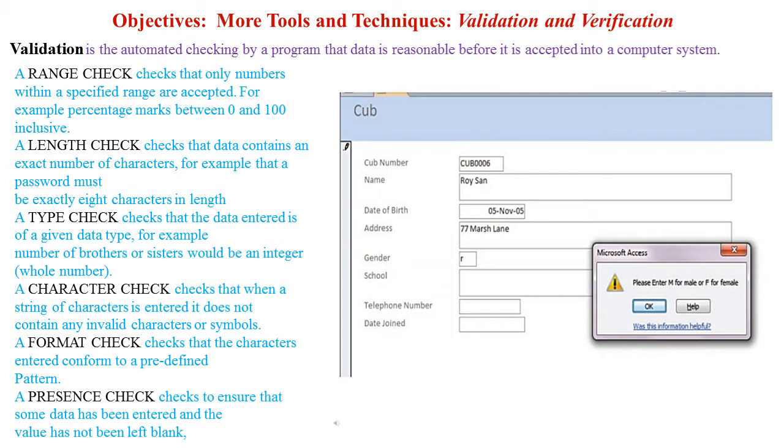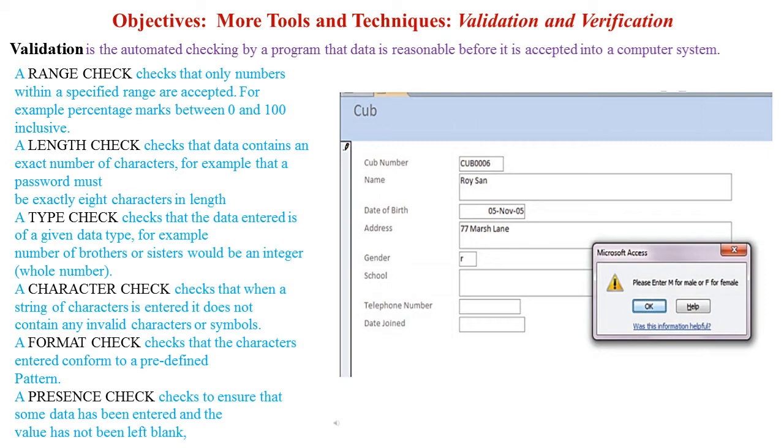Similarly, we have a format check. A format check means that if you are entering your phone number somewhere, or the example of an email address, you must have an @ and a domain name before the system accepts it. It must follow the correct format.